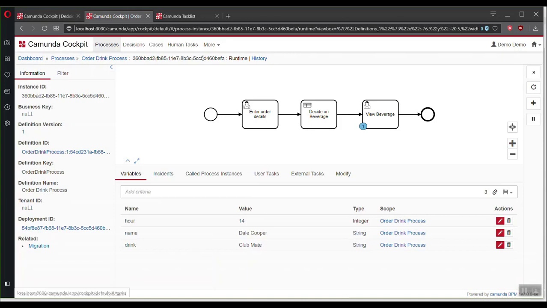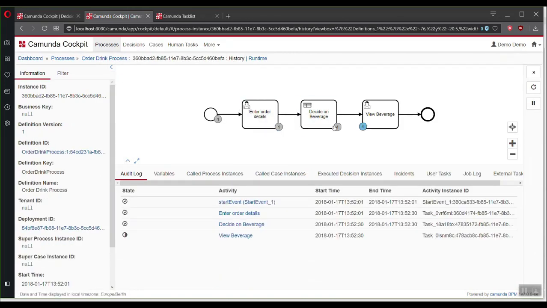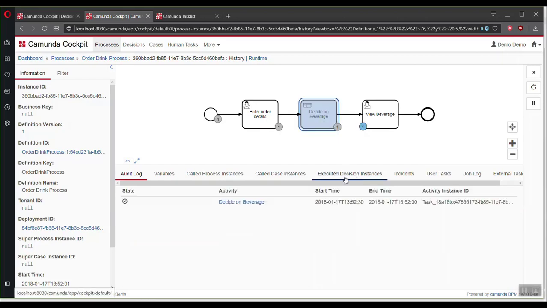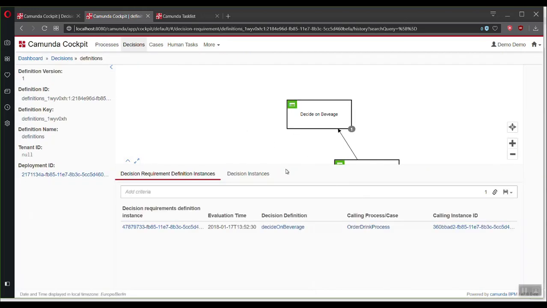If I want to know what happened with this, I can click on history. And now we can see if we select this, it passed through here exactly once. I can select this and I can select executed decision instances, and there we can see that we actually have 2 different tables were run. And that of course is because we may have just called decide on beverage, but this relied on decide on time of day as defined by this DRD.